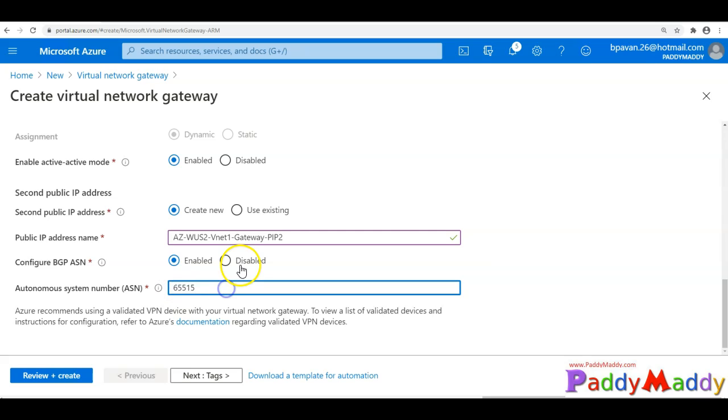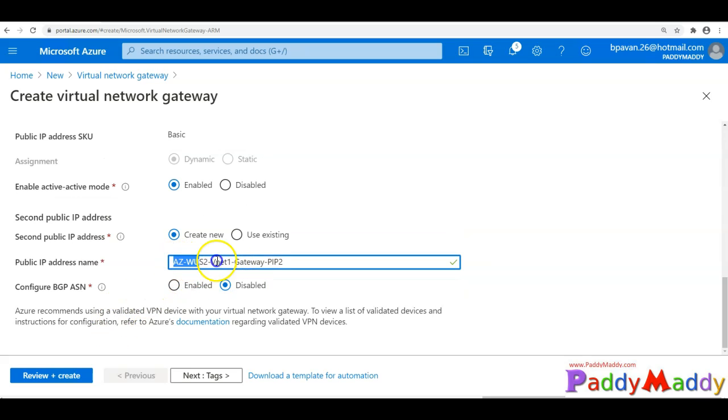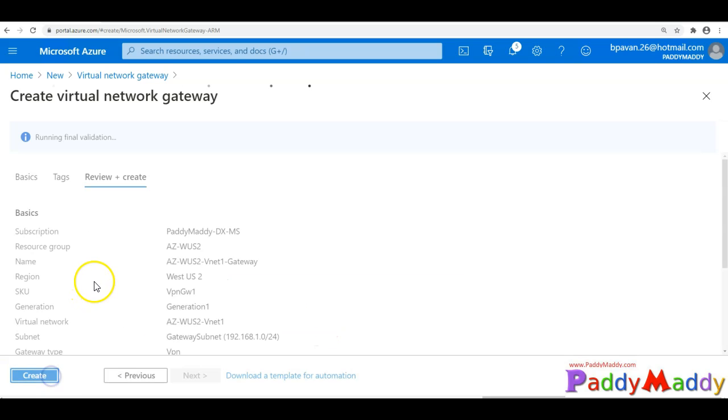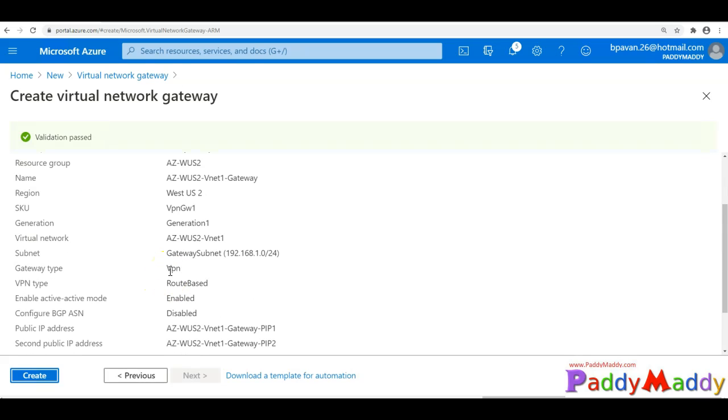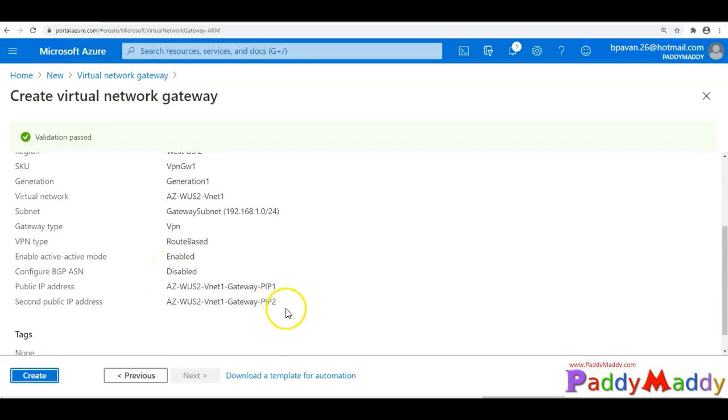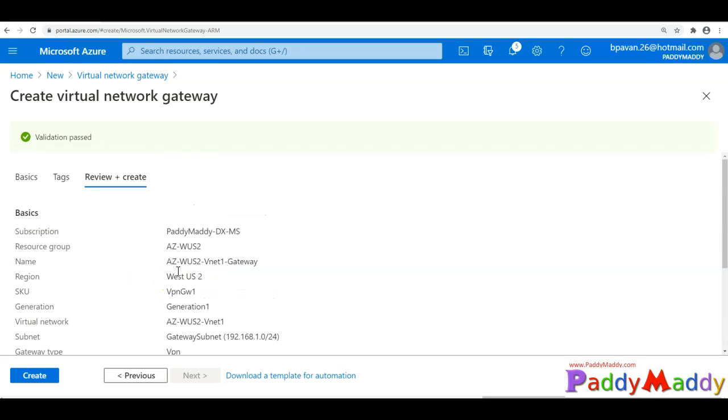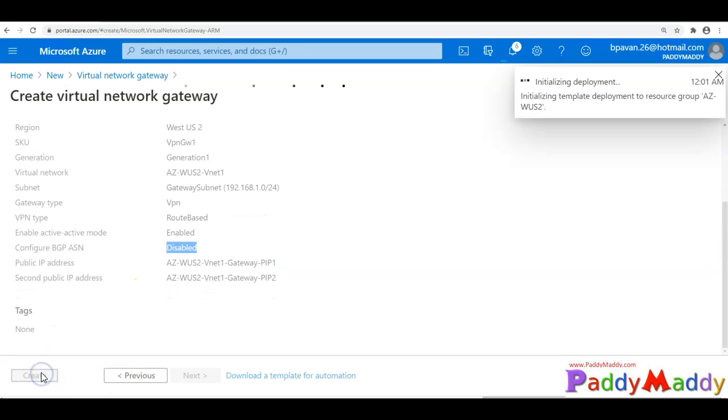If you have the BGP ASN specific ports, all of that you can configure, but in our case it's just the public IP based communication for VNet to VNet that we are trying to do. So I'll just review and click on the create button after reviewing this entire summary. So what would happen here? I have the two public IPs and I have disabled the BGP specific, and also when I click on create,